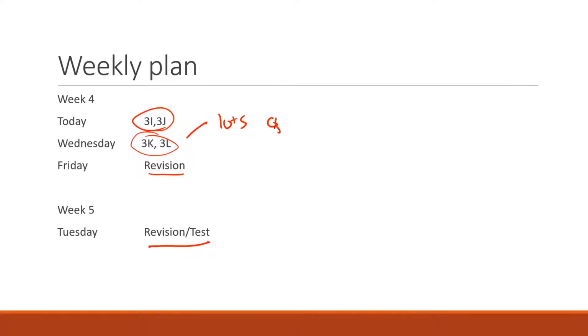But I want you guys to think that's actually not the case. The reason is that 3i is 2 questions, and 3k is 2 questions. Those two are very, very short. We've only got 2 exercises left, 3j and 3l. 3i and 3k, you can knock over in about 5 minutes. So don't stress too much about those 2. We're going to show you how to tackle those in a sec. But yeah, that's going to be the plan.